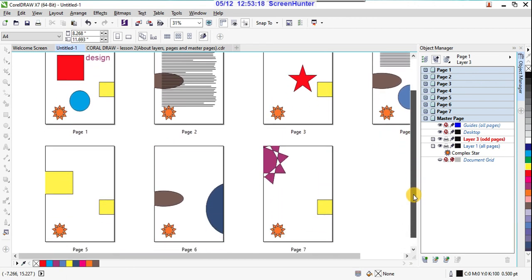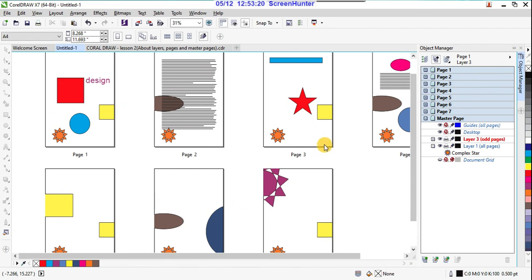If you observe here, objects inside the page are showing completely, but a few objects I already placed outside the page, and that outside portion is not showing, right? Only the inside portion is showing, but the outside portion is not. So the desktop itself is protecting that area in print, right?